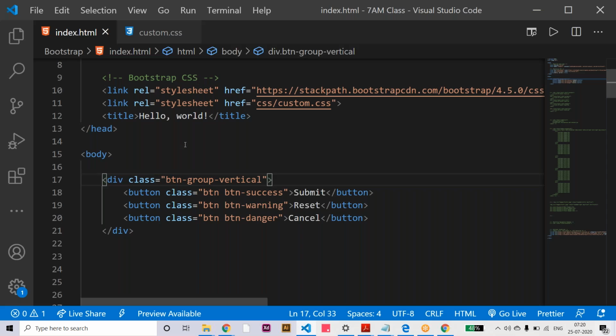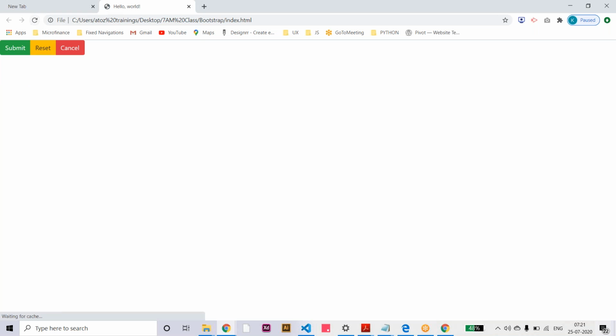Okay, in the same way we can use drop downs also here. Now it is again the same, side by side. Let's say here, the button group and drop downs in the buttons. Suppose you see some e-commerce website, they list out all the categories, different categories of the products.